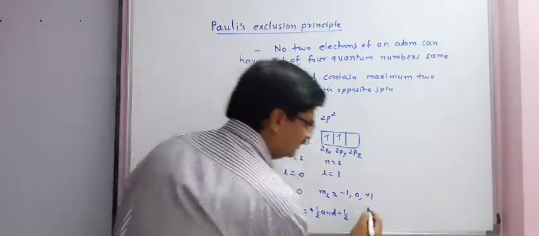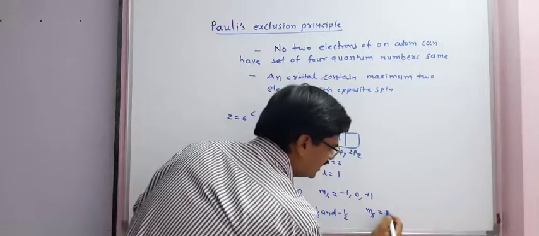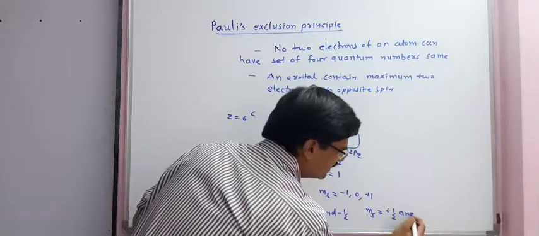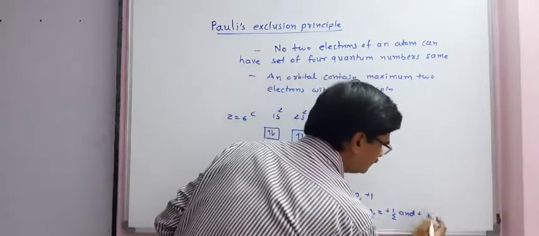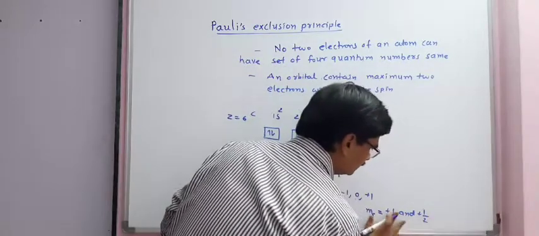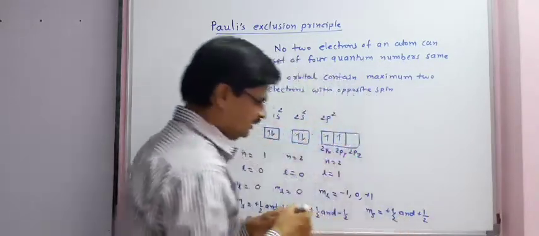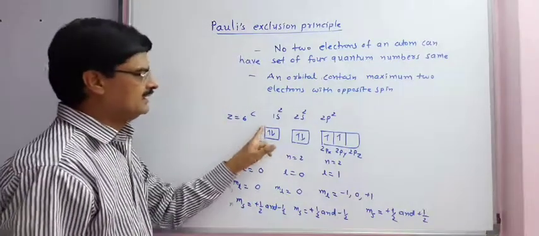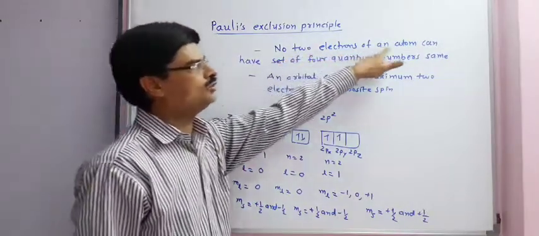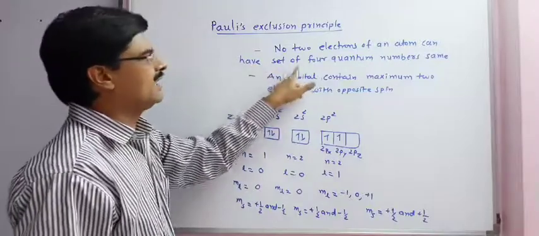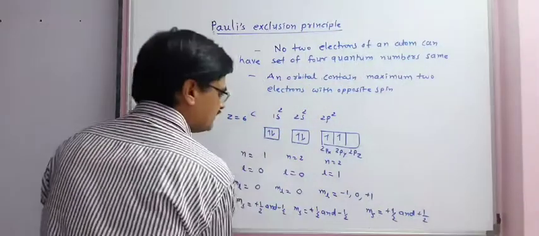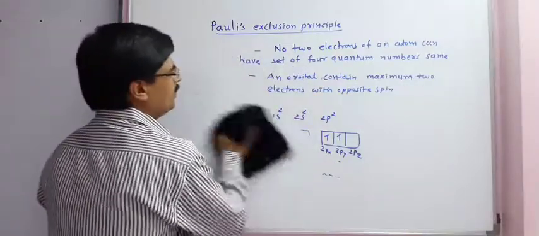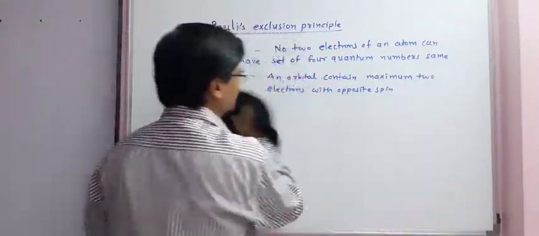And here we have ms value +½ and +½ for both the electrons. So from this we can say that no two electrons of an atom can have the same set of 4 quantum numbers. From this study of Pauli's exclusion principle,